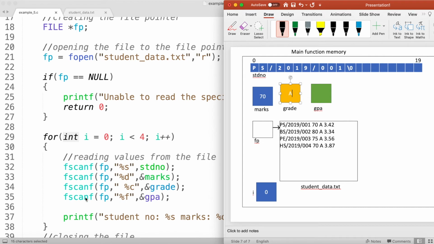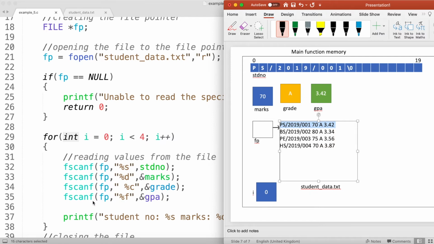Then in the fourth scanf statement, it will read the GPA into my GPA variable. Then I will have the 3.42 in here. So now I have read all the information relevant to my first student. This line I have read and stored in my memory.